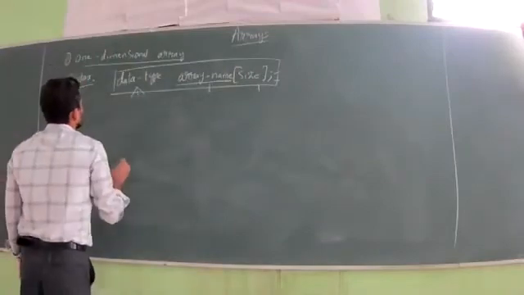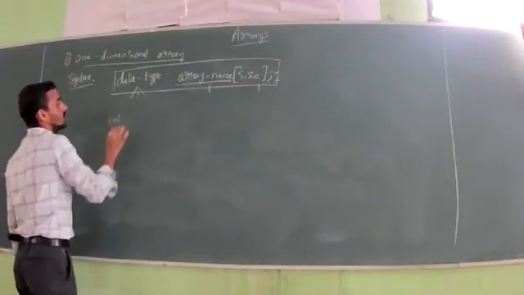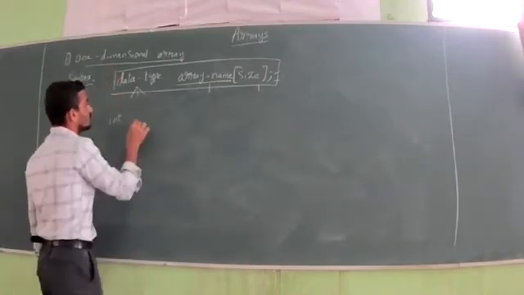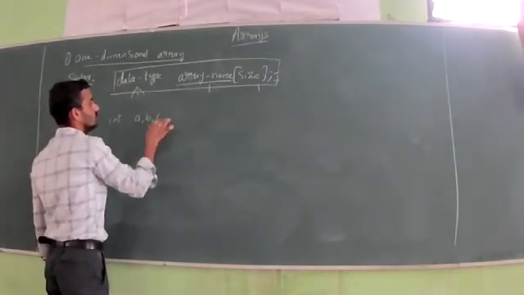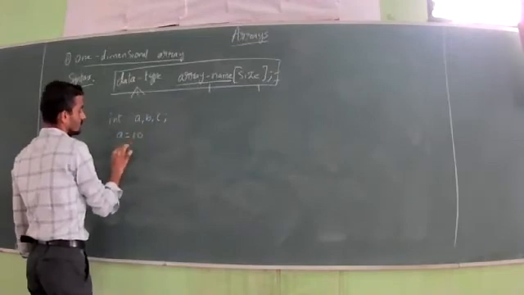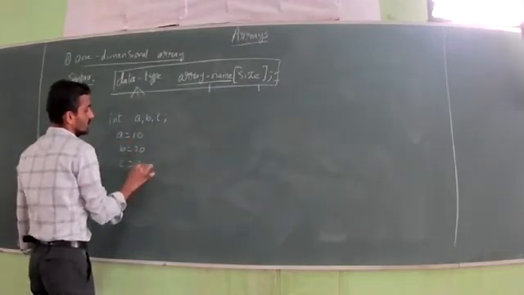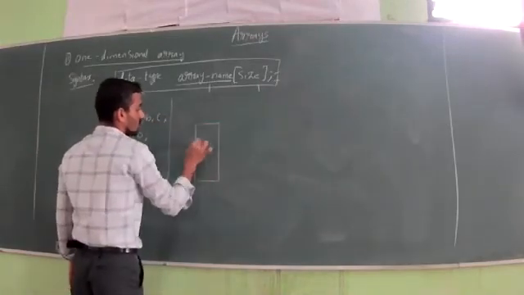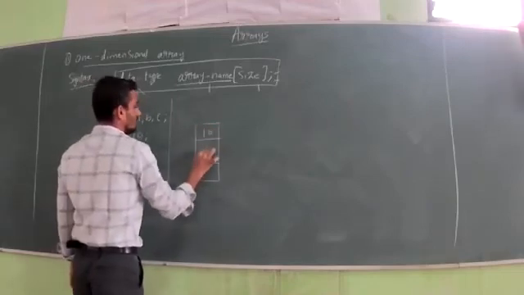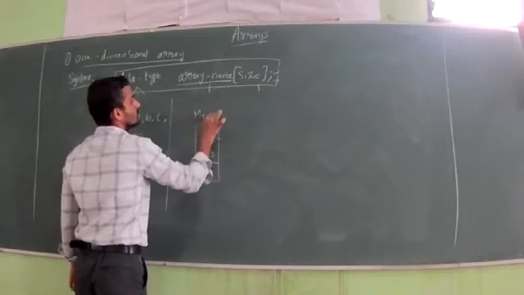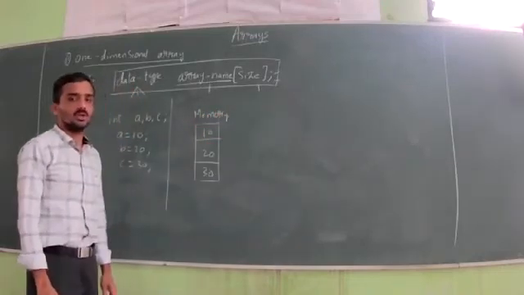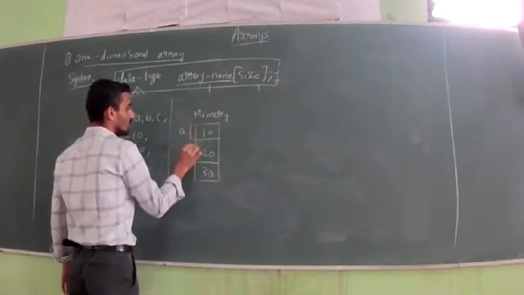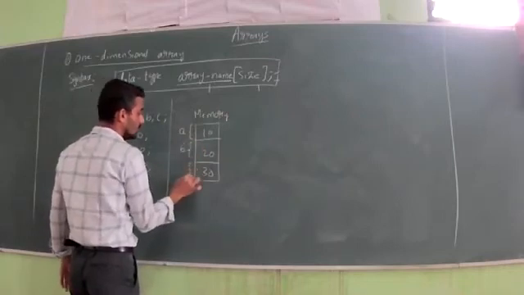So look here. Consider the example of storing values in variables. If I consider three variables A, B, C, let me say A equals 10, B equals 20, C equals 30. For this, if you consider the memory representation, with memory locations like this, 10, 20, 30 will be stored in computer memory. But this 10 will be referred to by variable A, 20 will be referred to by variable B, and 30 will be referred to by variable C.